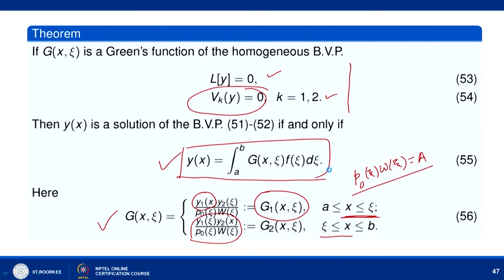So we have shown that if g(x, xi) is the Green's function of the homogeneous boundary value problem, then y(x) is a solution of the non-homogeneous boundary value problem with homogeneous boundary conditions if and only if y(x) is written as the integral from a to b of g(x, xi) f(xi) d xi, where g(x, xi) is the Green's function which we have already obtained for the homogeneous boundary value problem with homogeneous boundary conditions. So once we have this result proven,